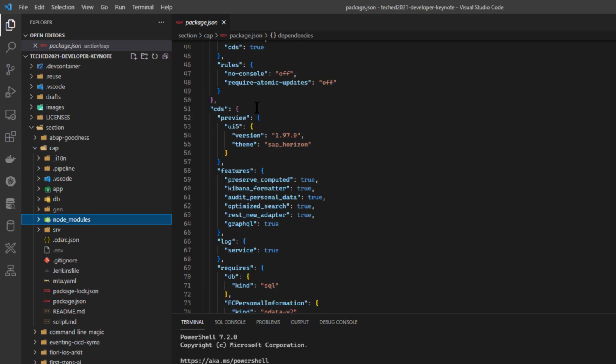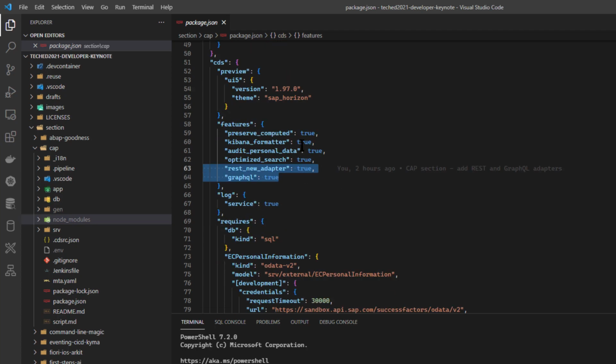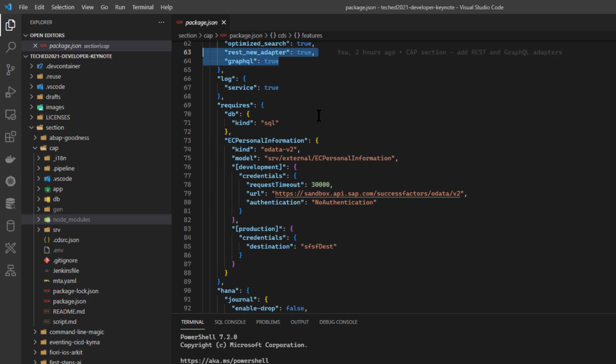Now, some of this you don't need. Some of it is just setting the version of the UI5 preview tool that you get when you test in Cloud Application Programming Model. Some are some of the optional features. I wanted to turn on GraphQL or the new REST adapter. I'm just showcasing and showing off some of the newer features of CAP here by configuring and turning them on. But the part that's really, I think, interesting compared to what the initial wizard created, if you remember